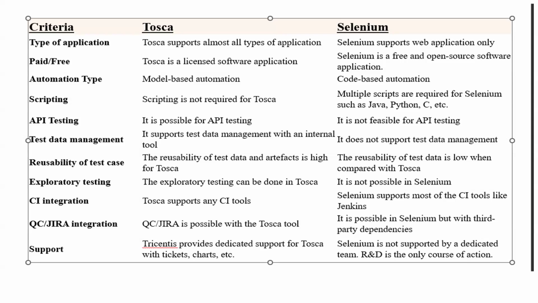Okay, API testing, yes, it is possible to automate API testing. It is as simple as creating a test case in Tosca. For Selenium, it is not feasible at all. And there is a special feature in Tosca called test data management, which is called the TDS server. If there is any test data that you have to save for yourself, like in any of your database, you can use this data server. And here in Selenium, it can support